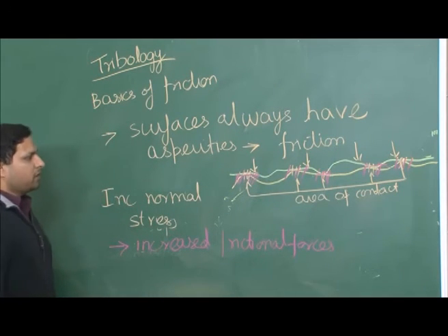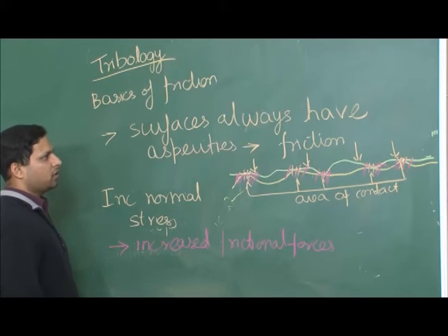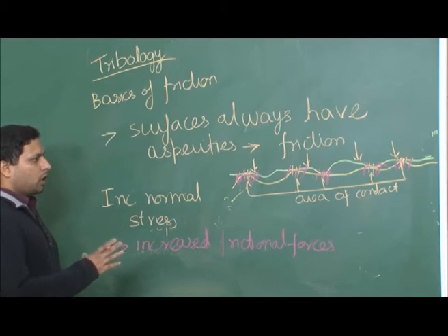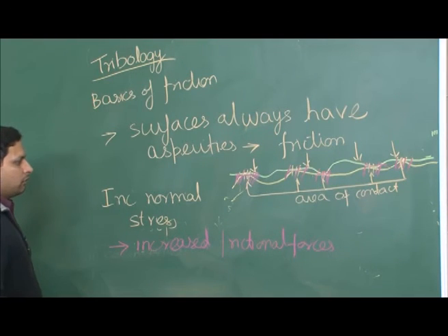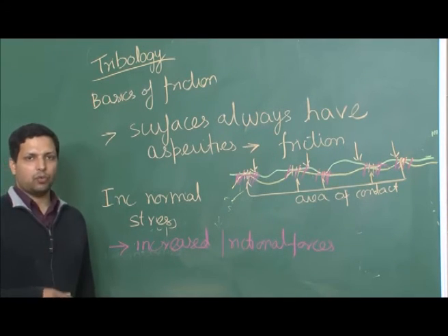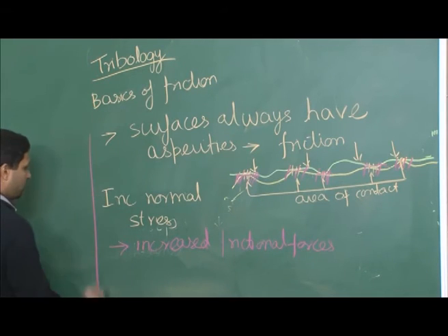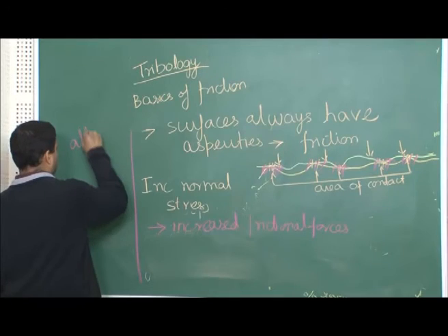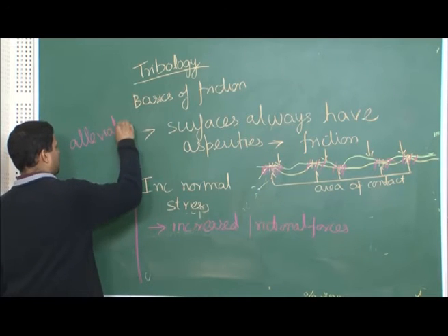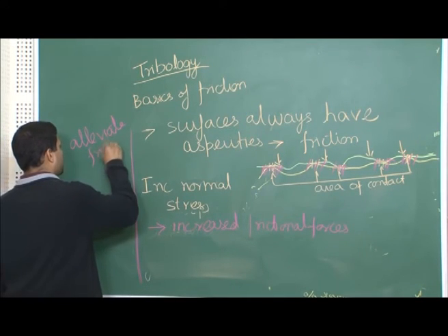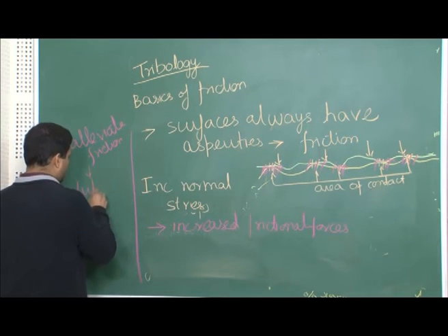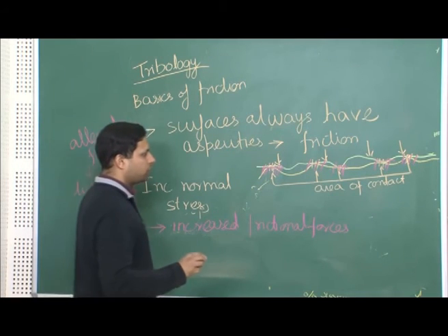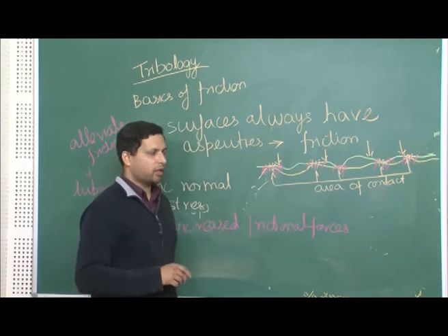So, these are some of the basic aspects about friction that we should remember, how it originates. And one thing that we have already discussed: if you want to alleviate friction, what is the way? To alleviate friction, you need to add lubricants. Now, again from this model, what is the role of lubricants? How are we able to reduce friction?